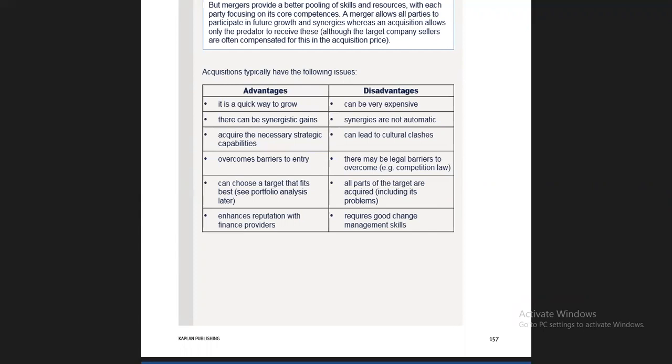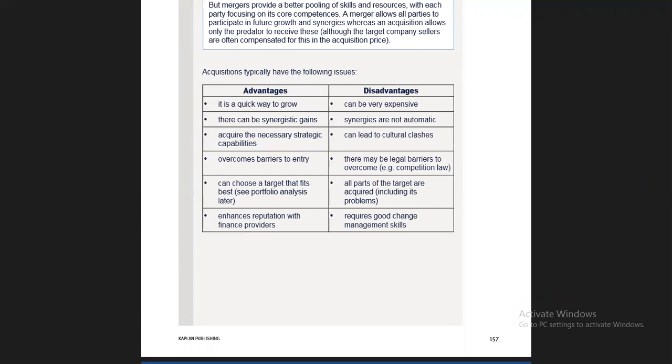Mostly they will ask for one method, and they will ask for pros and cons as well, so you will discuss from both angles: what are the pros if you go for this option, and what are the cons if you go for this option. So we have to discuss from both the aspects.